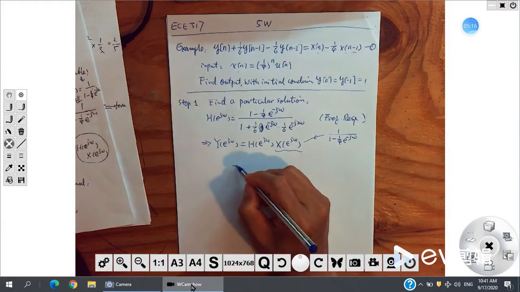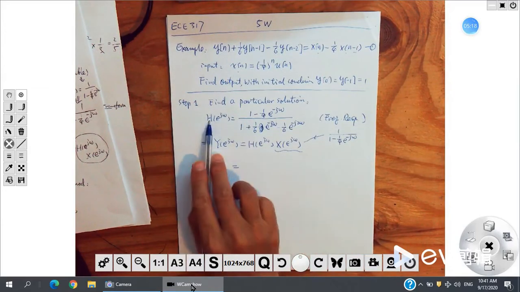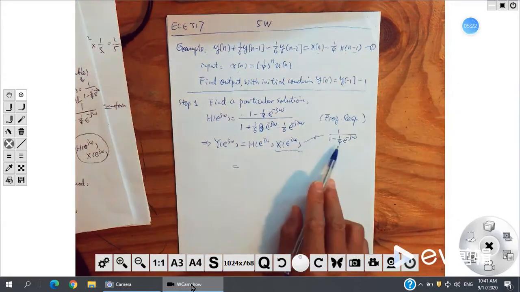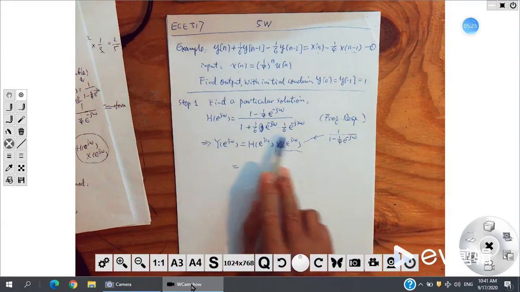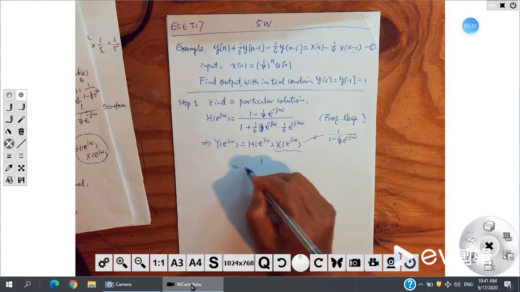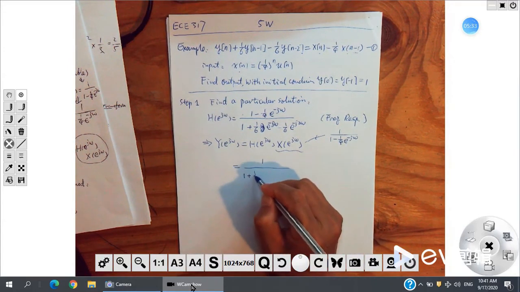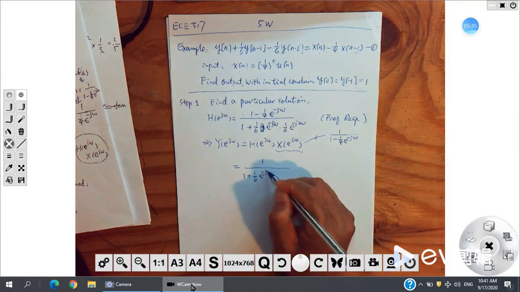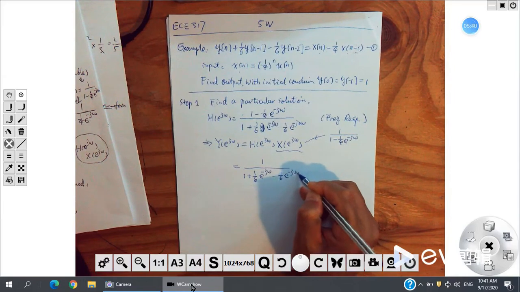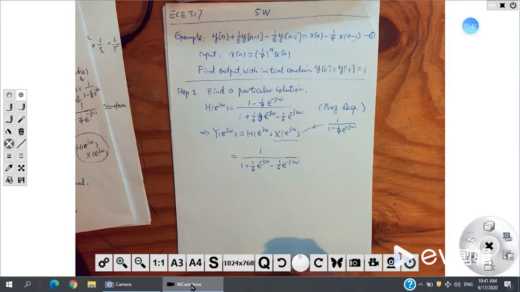So the result is h times x. This is h. This is x. Multiplying these two together, you see the numerator and this one cancel. So it equals 1 over 1 plus 1/6 e to the negative j omega minus 1/6 e to the negative j 2 omega. And then by partial fraction,